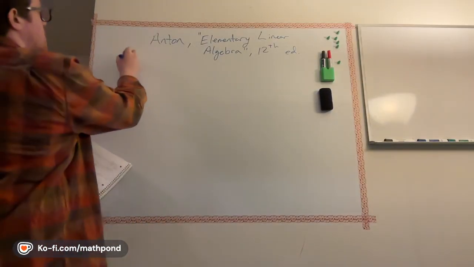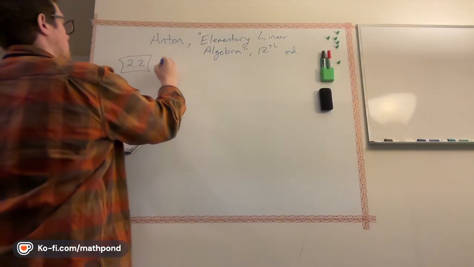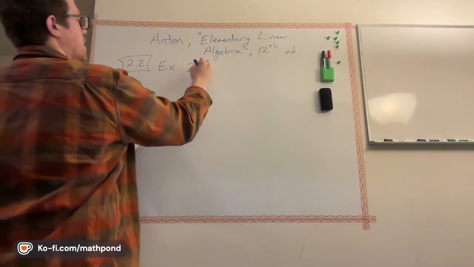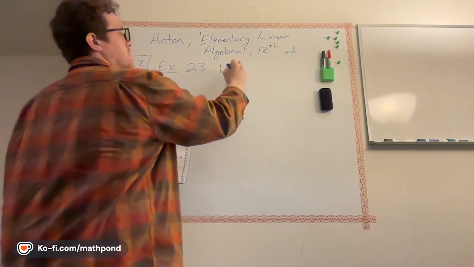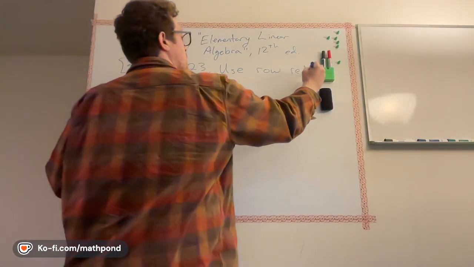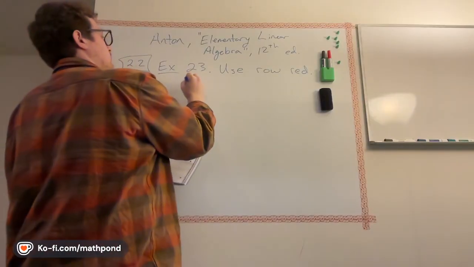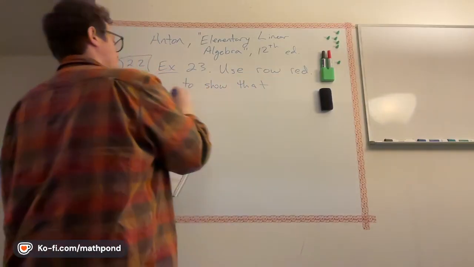And this is section 2.2, exercise 23. And it says use row reduction to show that,